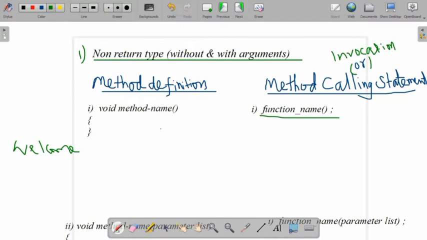There is no value to return and no specification of parameters or arguments. So we can go to the first one, that is with void data type and without argument. By the question itself we can understand. Just imagine we need to display a message like welcome. Only the message needs to be printed as welcome.